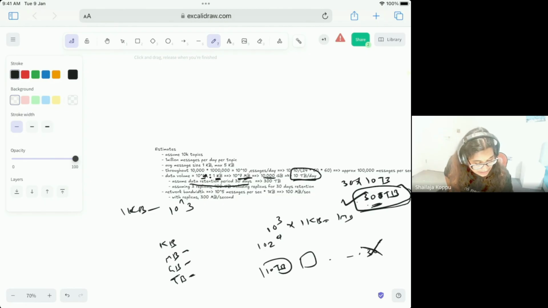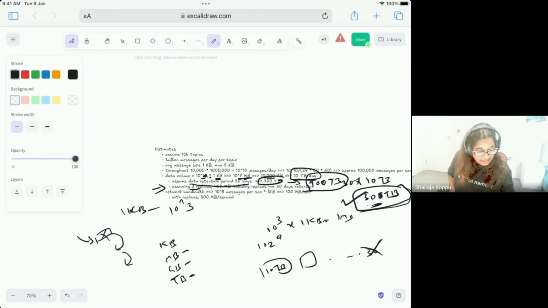And assuming this is just for one copy of the data. But if you remember our design, whenever we get a message, we store that message in the replicas as well, because of durability. If the primary dies, we should be able to recover the data from the replicas. So assuming 3 replicas, the 300 TB for one copy, with 3 copies together becomes 900 TB. So total storage, including replicas, is 900 TB that we need to support. We should plan for that much storage.